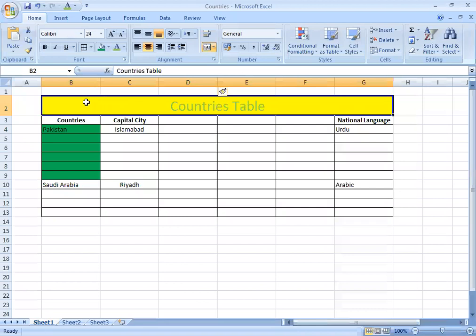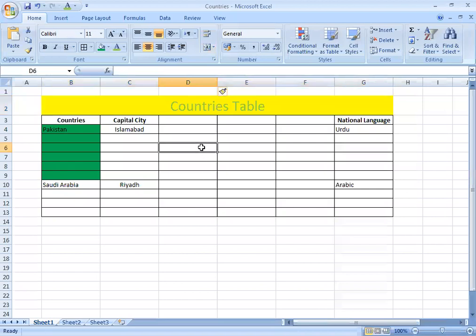How can we do it? Let me show you. For example, if I want to merge D6, right now my cursor is on D6. I want to merge D6 and E6. So I press the left mouse button and drag it.